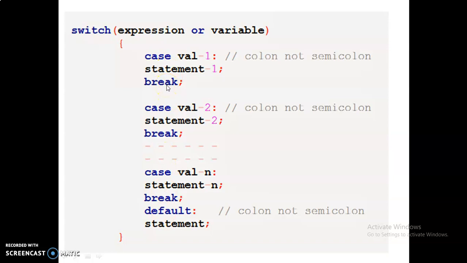The use of break in C is that when the compiler reads the break statement, it stops the execution, gets out of the switch statement, and executes the statement given after the curly brace. So this is the process of the switch statement. You can give any number of cases. This one is the default keyword. Default means if you give three choices, but you give an input value of 4, it compares each case but does not match any case value, so it will display the default value, like this is not in the list. This is the default case in the switch statement.